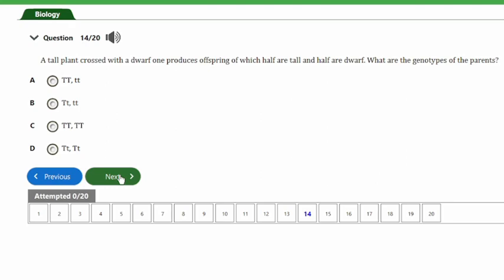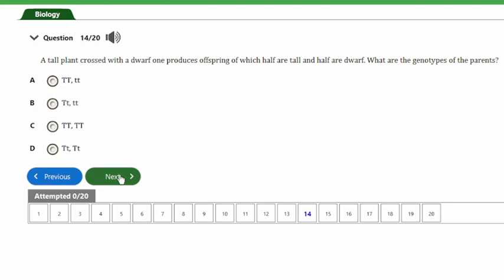So guys, in order for us to get the answer to this question, we have to make a cross where we have to get an offspring that will give us phenotypically 2 dwarfs and 2 tall plants. So guys, the correct answer to this question is going to be option B, and that's heterozygous T